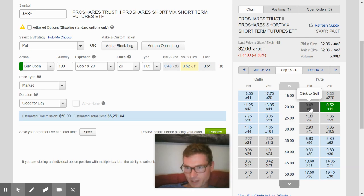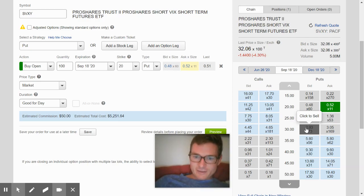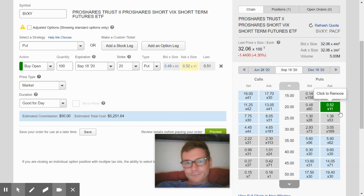This is a person buying your thing from you. Well, some of them actually are controlled by robots, but it's still somebody's fund, and it doesn't just automatically trade with the broker or something. It's actually another person buying it from you. And if you go into a small stock that just doesn't have a lot of people trading options,